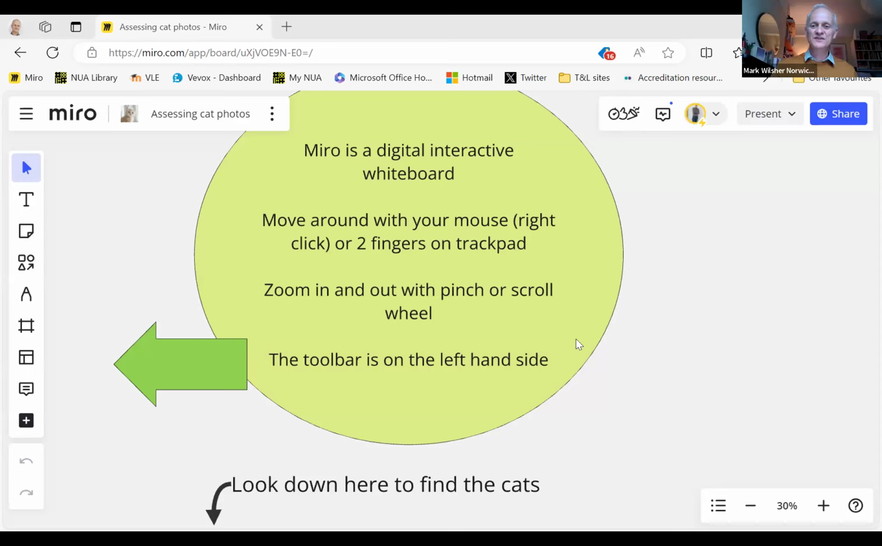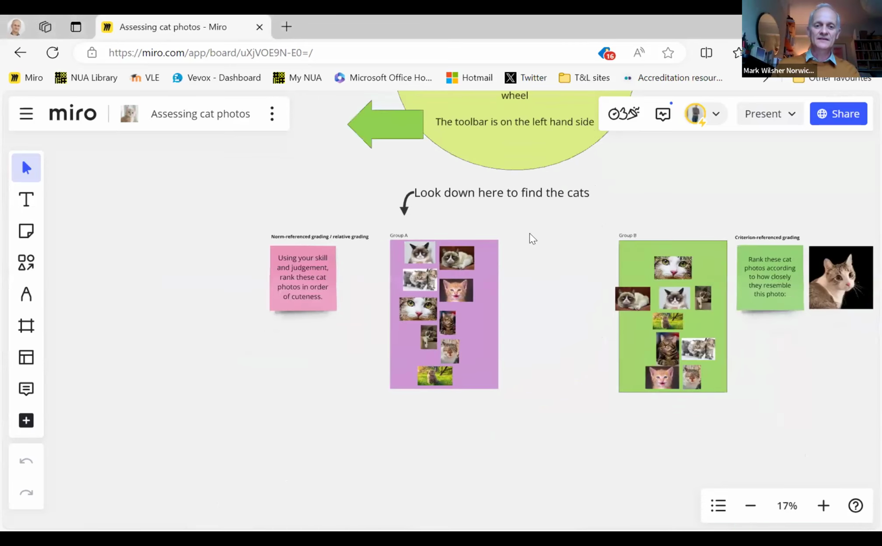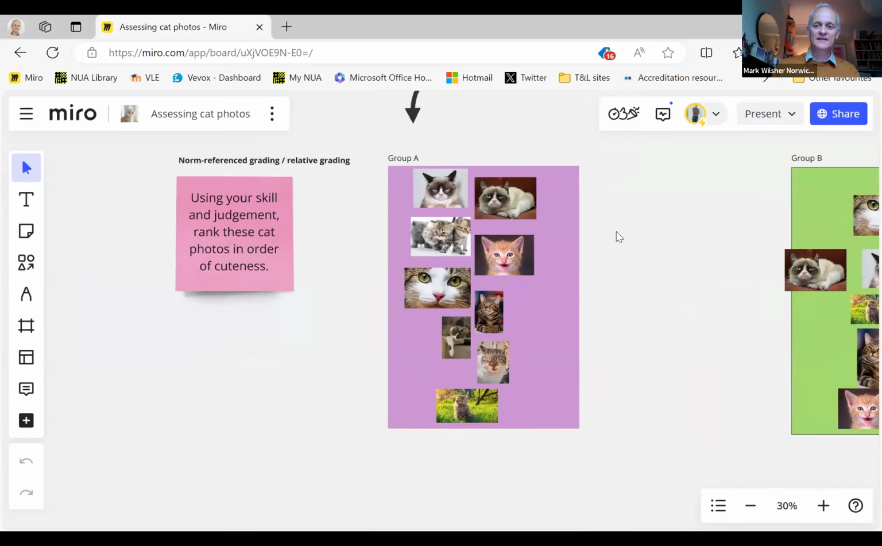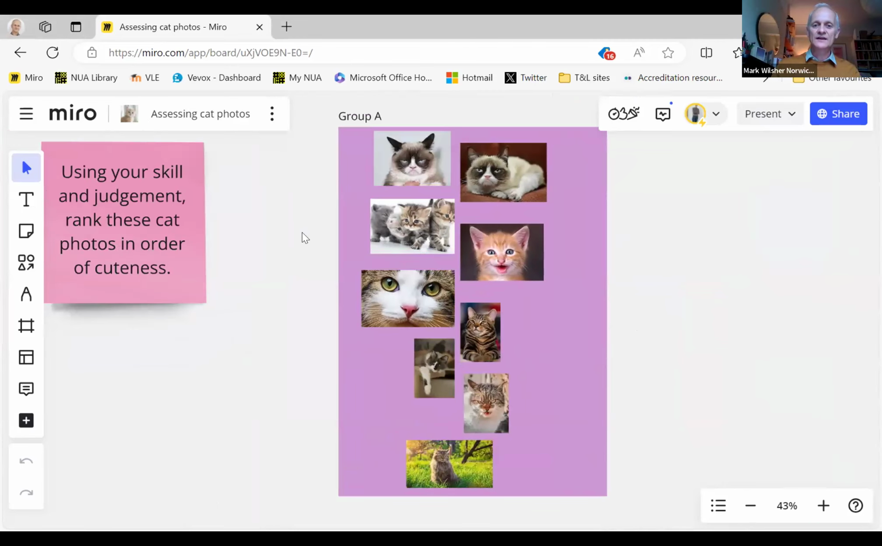Okay, I only seem to have 2 volunteers so far, but I'll take those 2. Let's start with Jim and Elizabetta. So Jim and Elizabetta, you are going to be assessing, according to norm reference grading, this lovely selection of cats. And you're going to do it using Miro. So what I need to do is